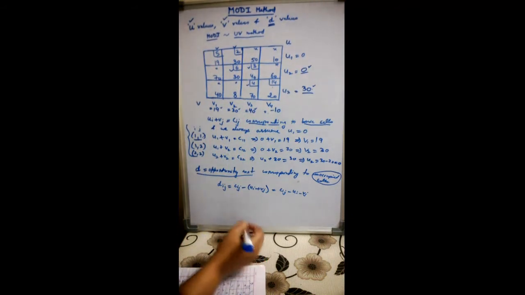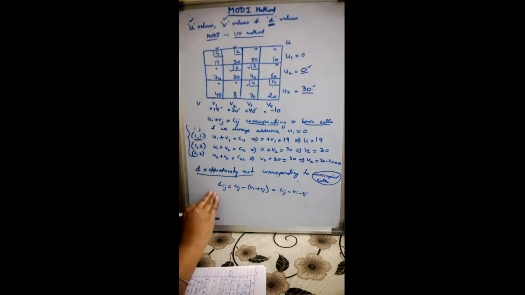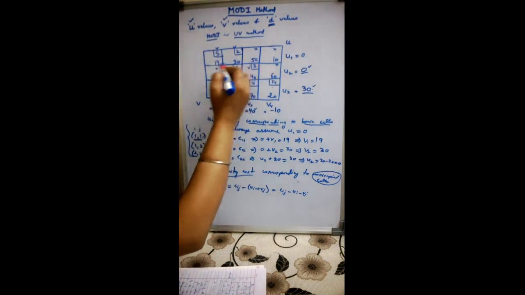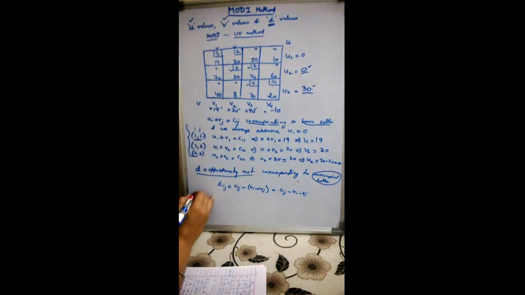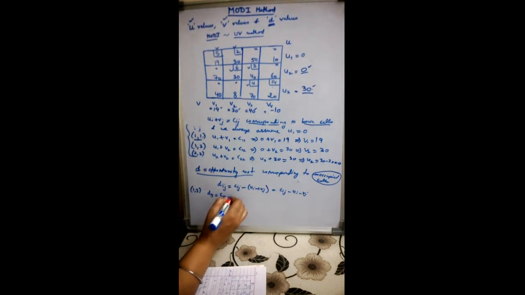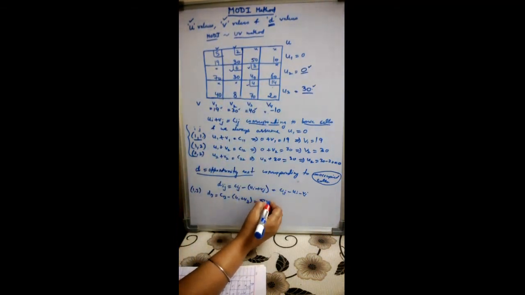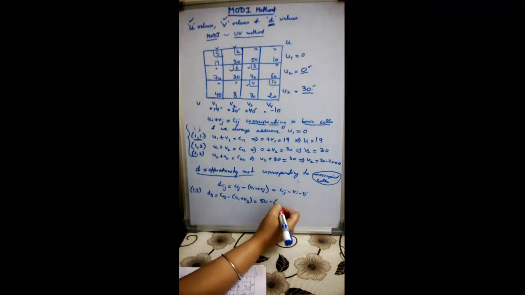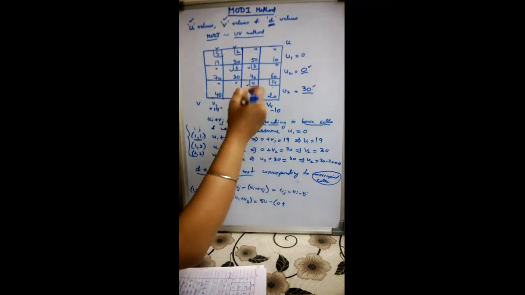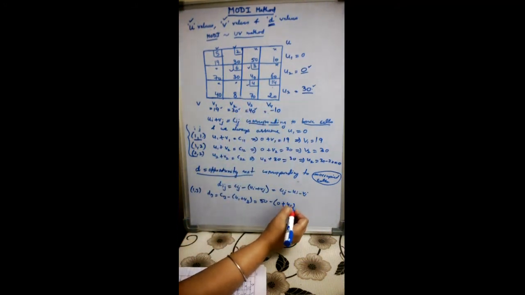So again, either you can do the processing in a detailed way, or you can simply write it in the table. So for example, like this particular cell, the location is 1 3. So corresponding to this non-basic cell 1 3, the d13 value is C13 minus U1 plus V3, where C13 is 50 minus U1 is 0 plus V3. V3 is 40. So this is 10.